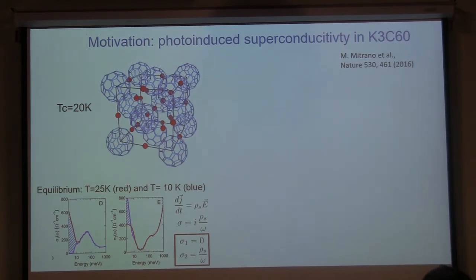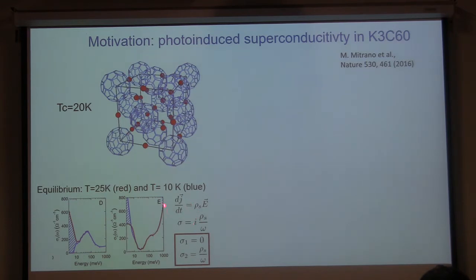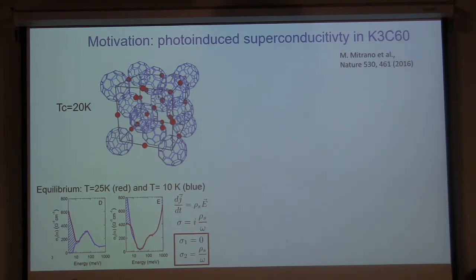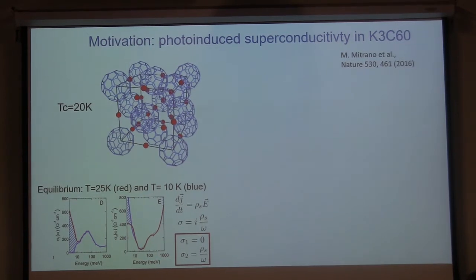The way to understand this tail is to think about what's known as the London equation. What replaces Ohm's law for superconductors? In usual normal metals, current is proportional to electric field, but when you do not have resistance, the electric field accelerates the current. So the time derivative of the current is proportional to electric field, and from this we immediately find that the conductivity is i over omega. That's exactly this superfluid response. The real part of conductivity is then 0, and the imaginary part goes as 1 over omega. That's the hallmark of superconductivity.